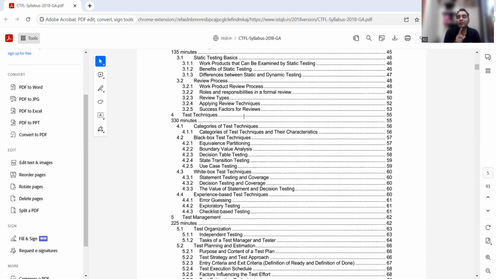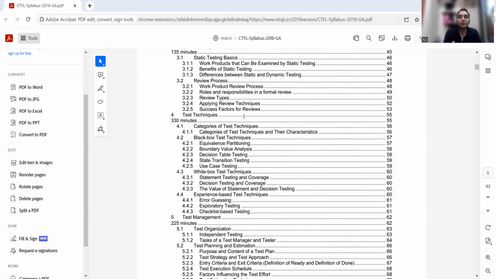These concepts will never be asked to you in a theoretical manner. They will always come in the form of some use case, some scenario, and you will have to calculate that BVA, some EP with respect to that, and find the test data. The reason I have so much information is because I gave this ISTQB certification way back in 2013, and I was able to score 82.5%. By God's grace, I was able to clear this certification in the very first attempt.